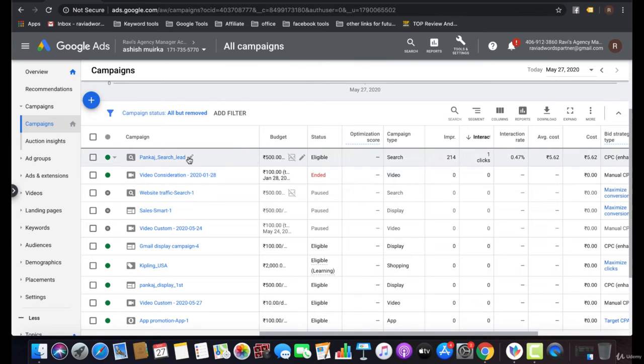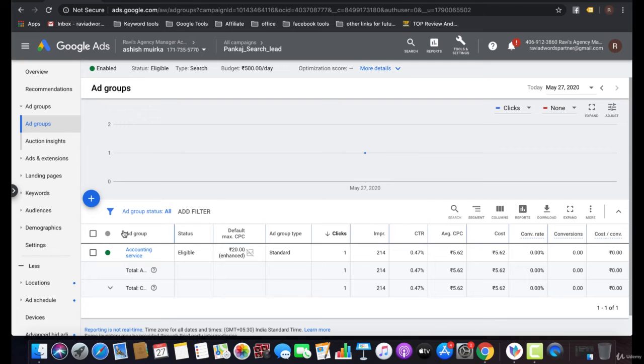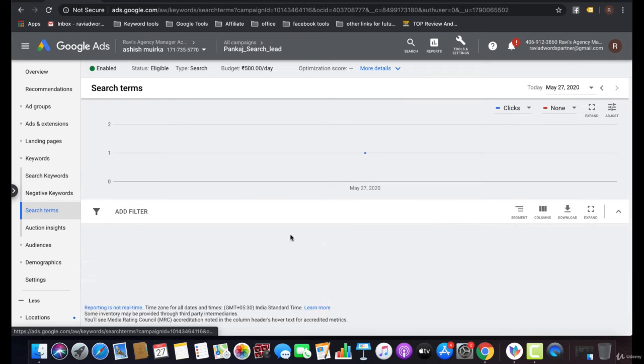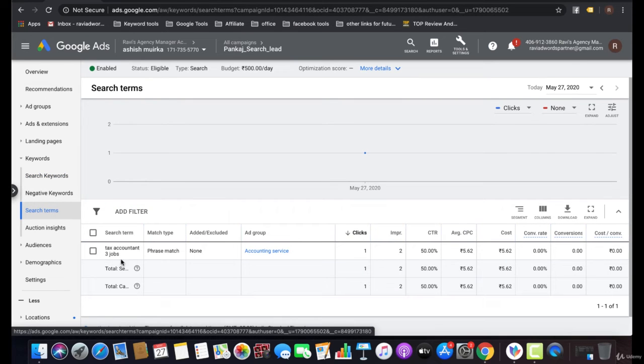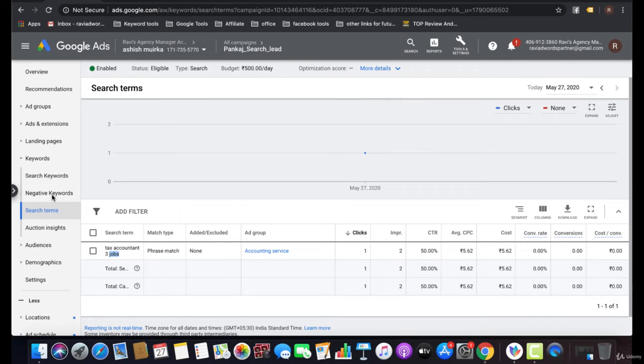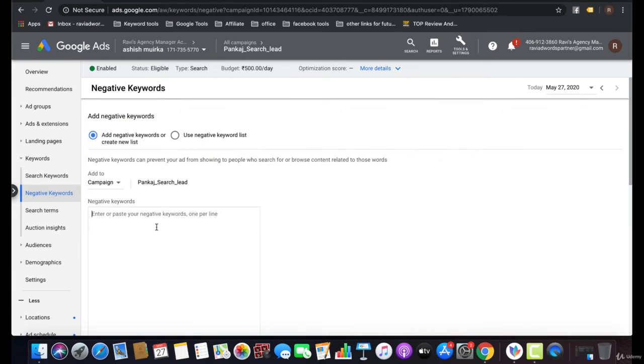This is the one campaign that we created in the first module, a search ad. Now I'm going to show you how you can add negative keywords. I want to see the search terms, and for jobs, which I'm not going to provide, I'll put that negative keyword into jobs.